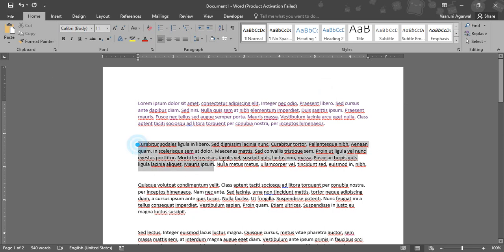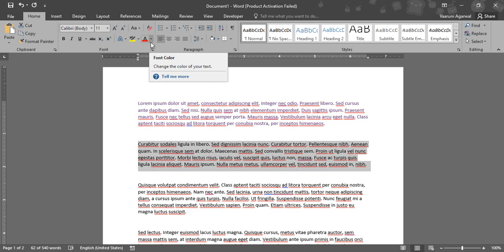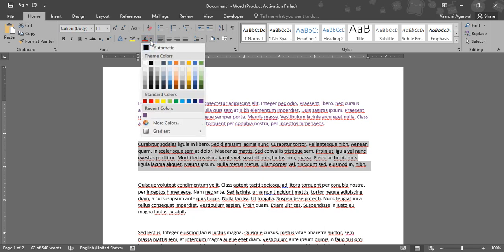The other way is that you can select the whole document or the whole text whose color you want to change. Then, instead of waiting for that menu bar to appear, go to the Home tab. In the Home tab we have the Font group. In the Font group we have the same font color option, which you can use to change the color. It is similar in functionality to the one we previously used, but the difference is that you have all these colors available as well.